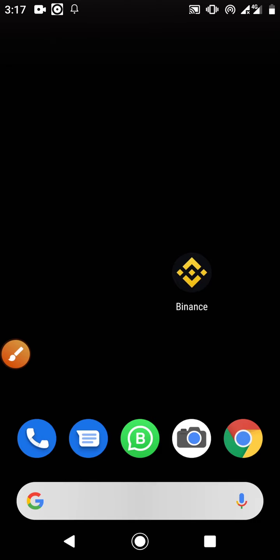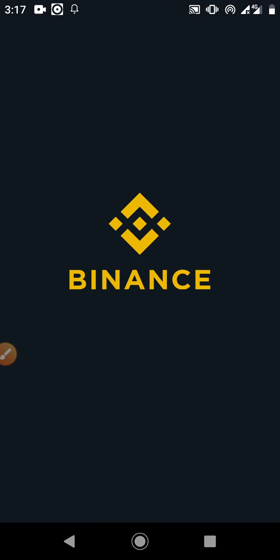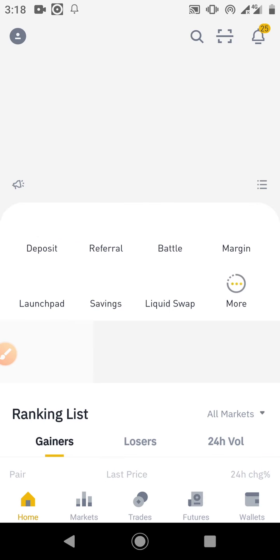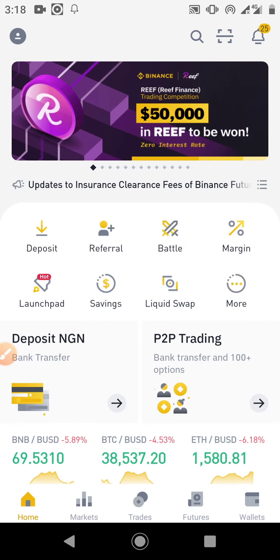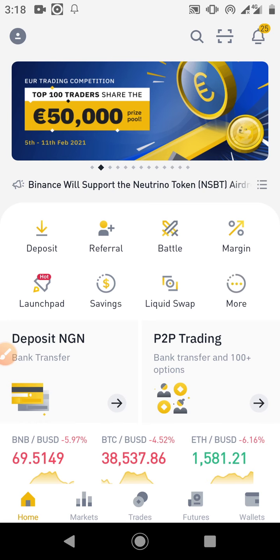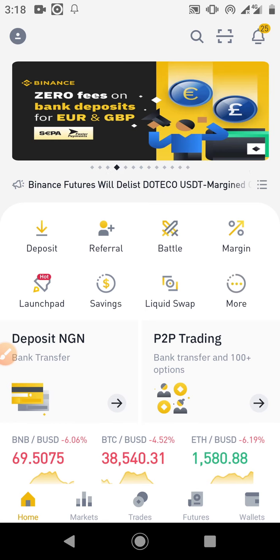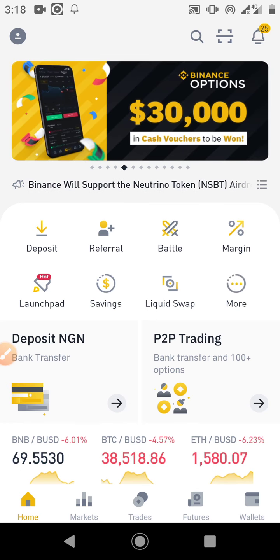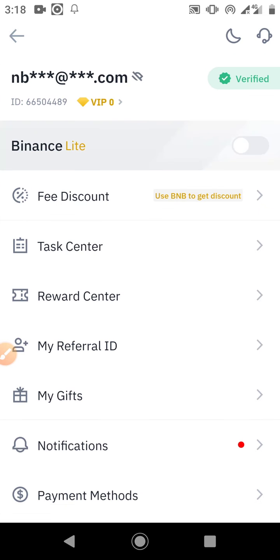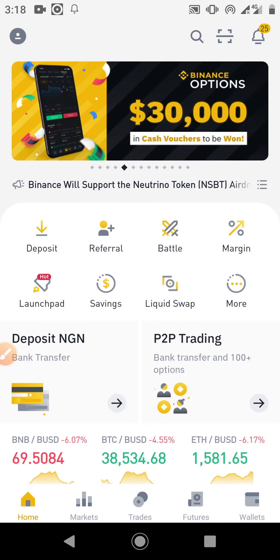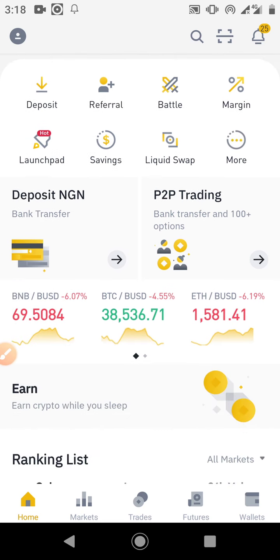First of all, you have to click on the app Binance, and then you are going to have to log in, and most times you log in and notification is sent to your email or sent to your mobile phone number for you to be able to log in, and that is very good because it helps prevent your account from being hijacked. You can see, as for me, I am logged in, so everything I've gone through that process already,